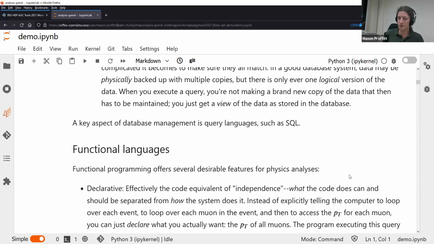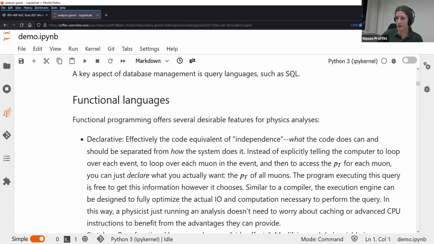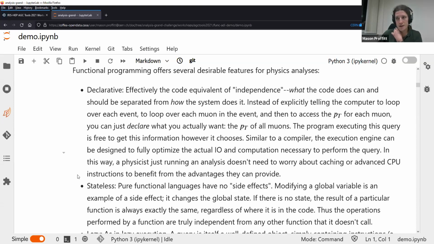Query languages are an important aspect of database management to address these two issues that I mentioned before. SQL is by far the most common query language that pretty much everyone is familiar with. And then the other influential concept for FuncEDL is the functional part, the functional programming languages. Again, I'll just highlight a few concepts from functional programming that are very important and useful for physics